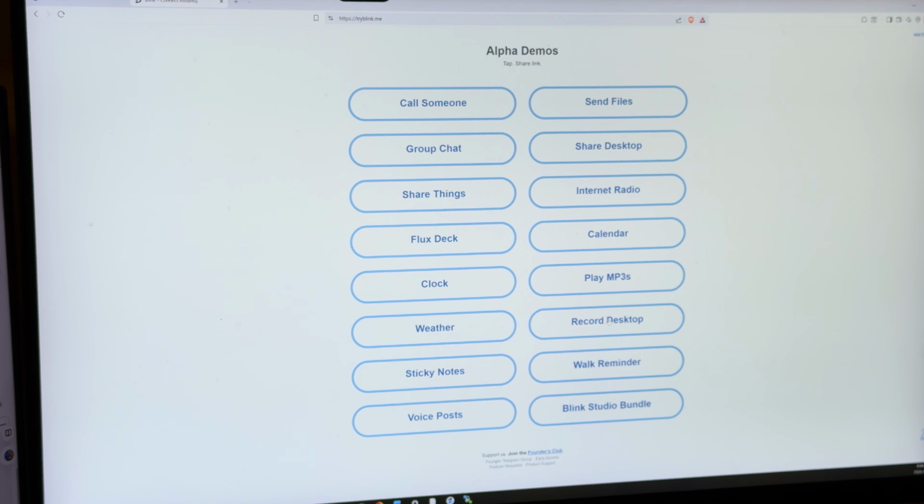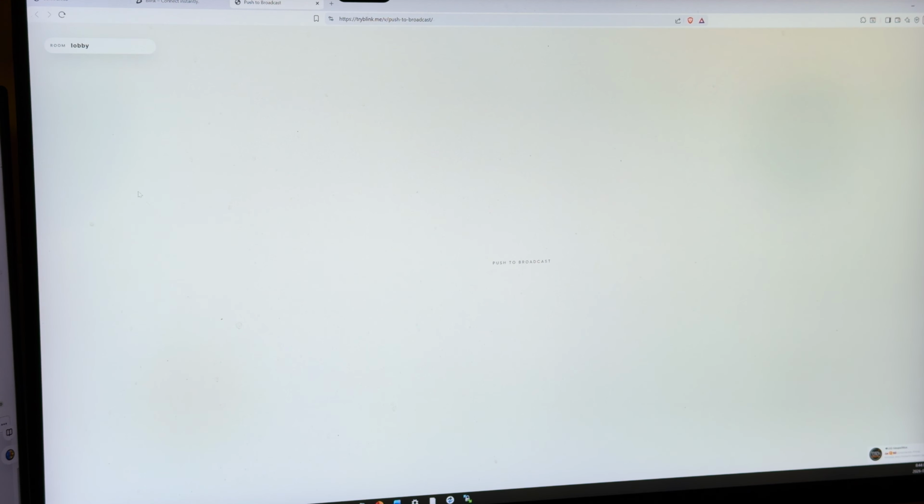The record desktop I like, actually. I haven't done it yet. Now I'm doing just a test here to show you guys, but it actually is a recording studio that we're working on. Others are just like voice post. There's just little apps, and voice post is basically could just be like,